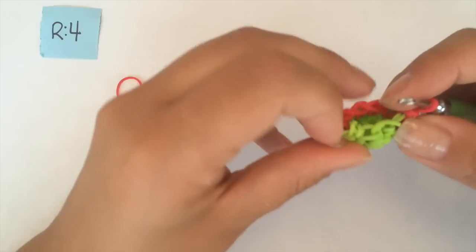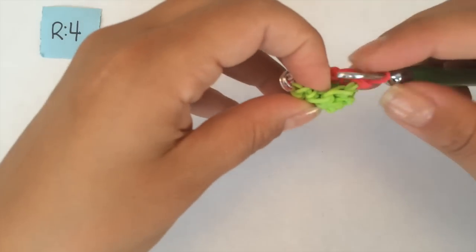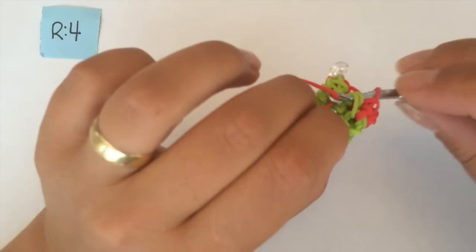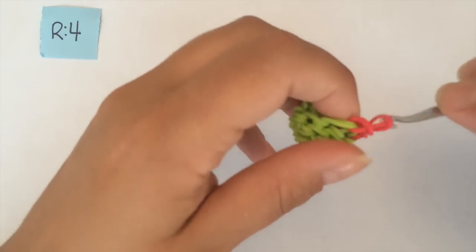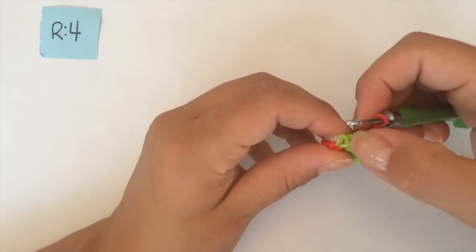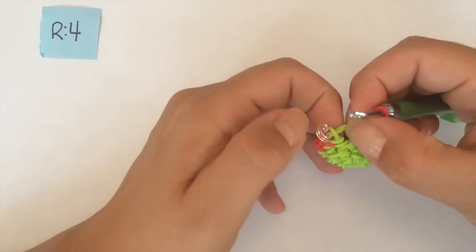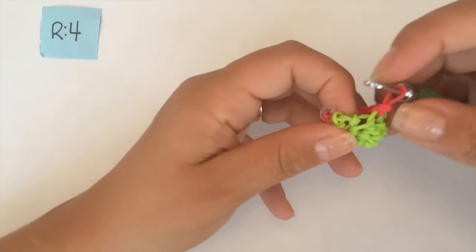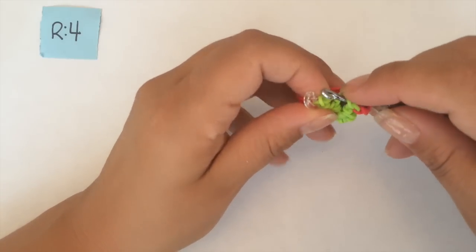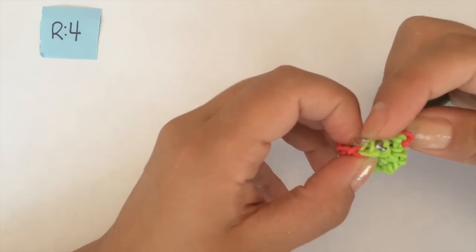Now, you're going to see like this, 1, 2, and 3. What we're going to do is center, out, this is my 7th band, on my hook, and slide. Now, my last 2 chains are right here, 1 and where your stitch marker is. I'm going to be grabbing right beside the stitch marker. You have a bigger hole here. So I'm going to go in the center, out, bring my hook back to the center, and out. So you can see I'm right beside the stitch marker